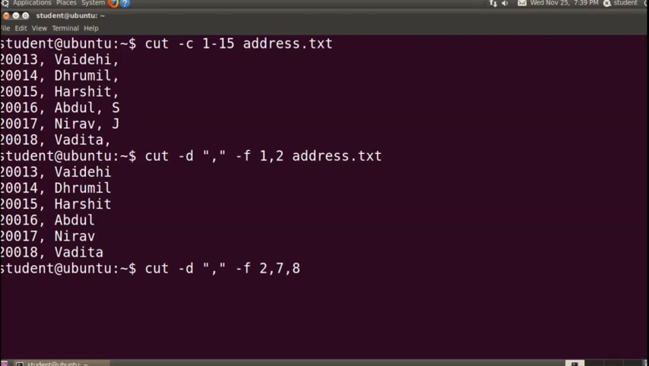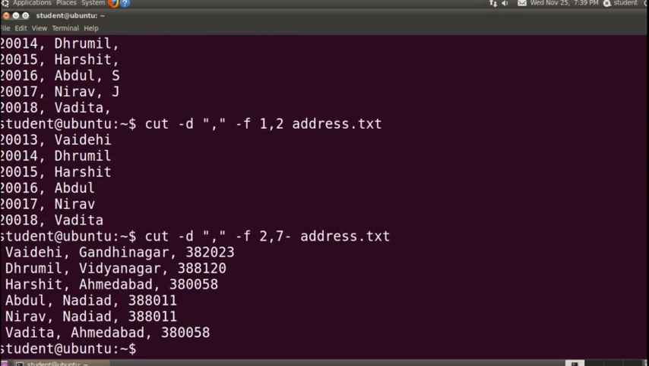Or else, if I want to display all the fields after 7, then instead of writing the fields 8, 9, 10, whatever, you just put a hyphen after 7. That means after 7 all the fields are included. Here you can see the output. It is displaying name, city and pin code. So like this way you can slice the